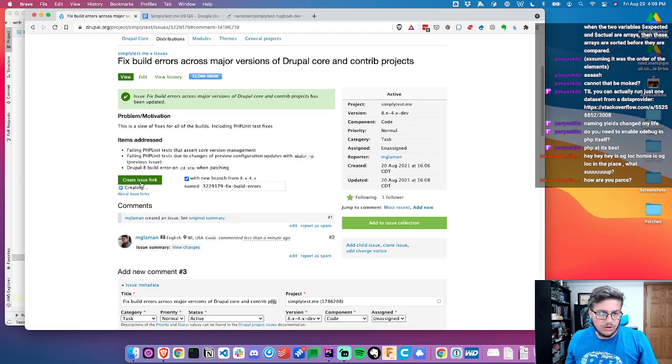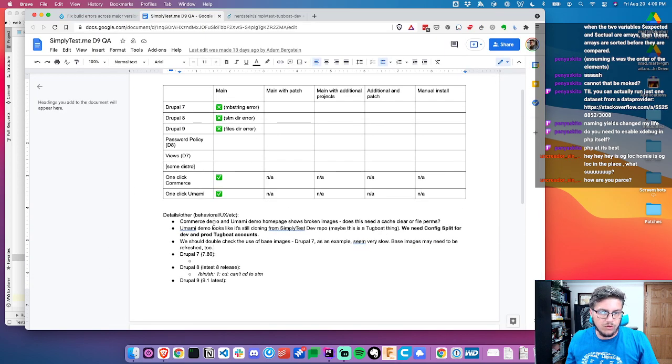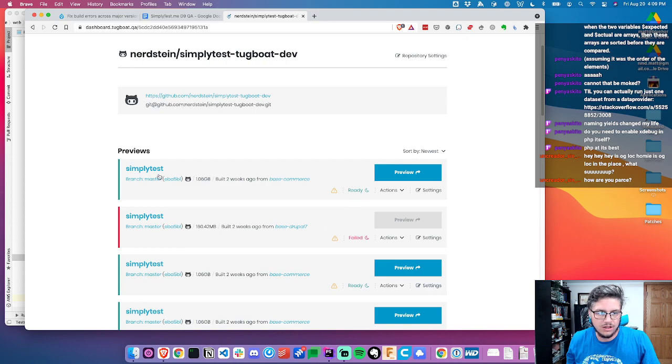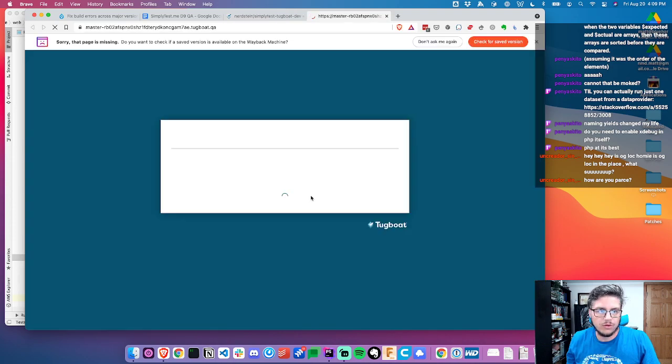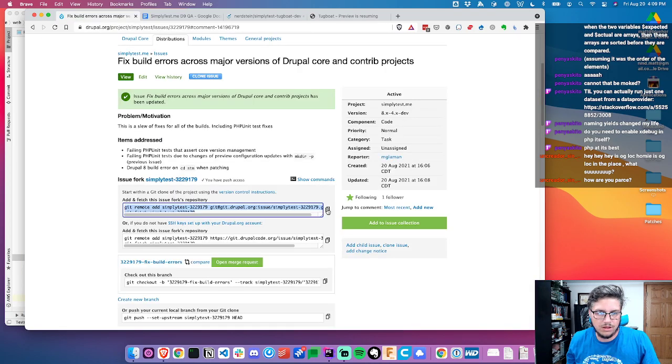All right. So let's create the issue fork that I can push to. And I guess the next step is to do some more manual testing. I just want to make sure the builds actually go through and don't error, and then I can click through on a few things. Like the one test demos, they have some broken images, like there's some weird file permission stuff going on. Like I bet if I go preview it, when it wakes up, let's see, show commands. First, let me